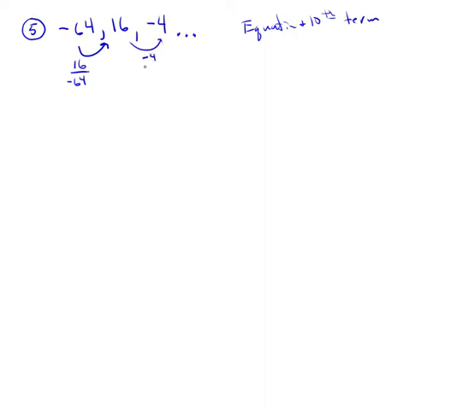Negative 4 divided by the previous number. So that'll simplify to negative 1/4. So I'm thinking maybe that's my multiplier over here. 16 goes into 16 once, 16 goes into 64 4 times, and it's negative. Ooh, there it is. So it's got the same multiplier, which is not a difference but the ratio. So it is a geometric sequence,